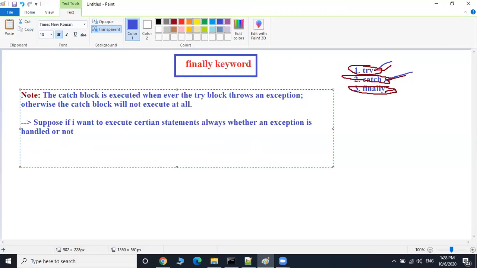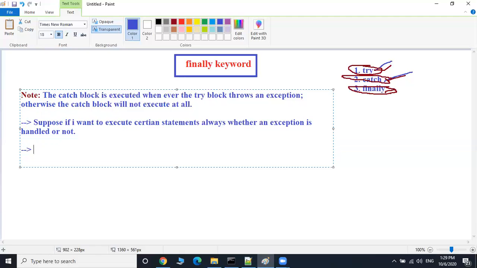Whether the try block throws an exception or it may not throw an exception, I still want to execute some set of statements always.